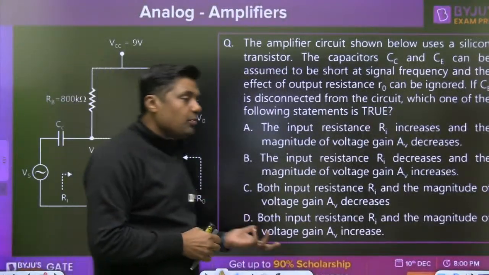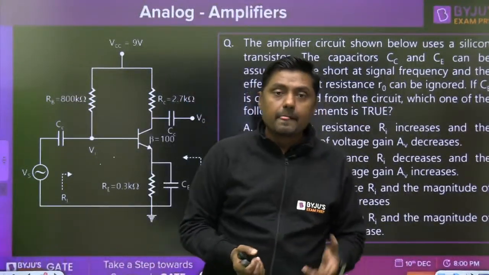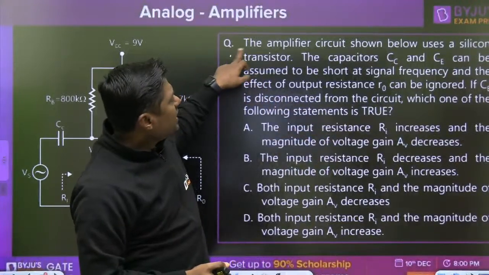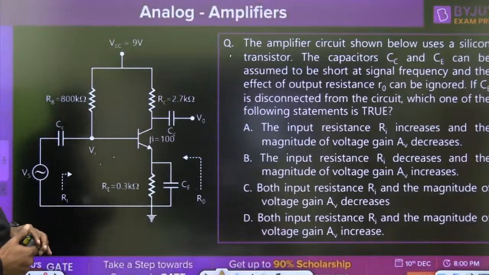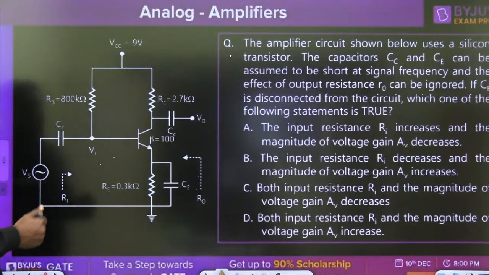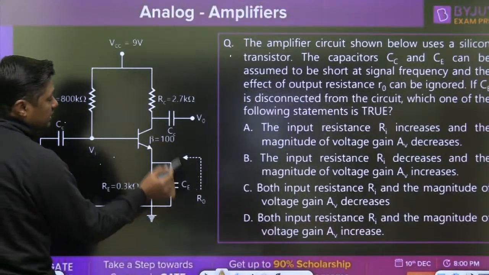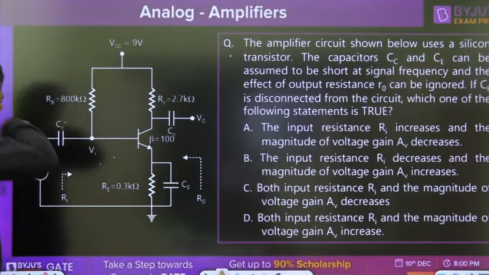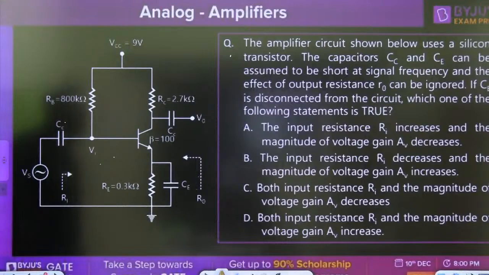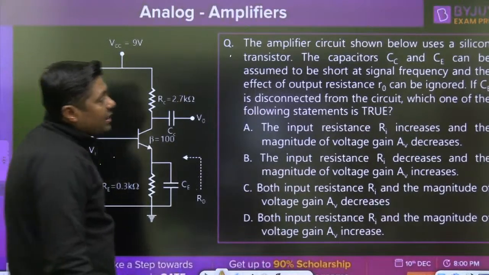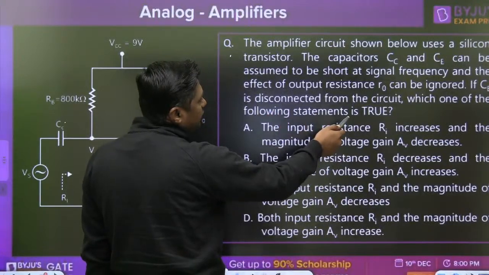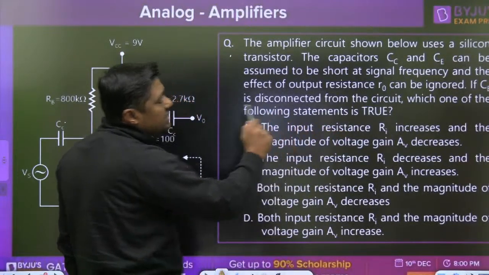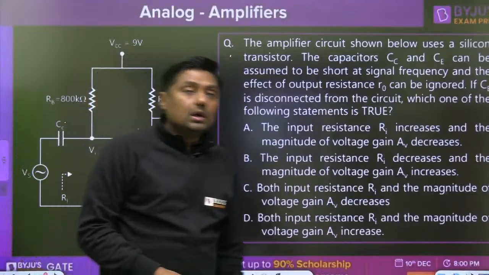Already I have solved one numerical on how to find the input resistance. Now the amplifier circuit shown below uses a silicon transistor. This is a silicon transistor. The capacitors CC and CE can be assumed to be short at signal frequency, no doubt. They are very, very large, and that's why they will act as short circuit during AC analysis. The effect of output resistance R0 can be ignored. Early effect is negligible. If CE is disconnected from the circuit, which one of the following statements is true? So simply we are removing